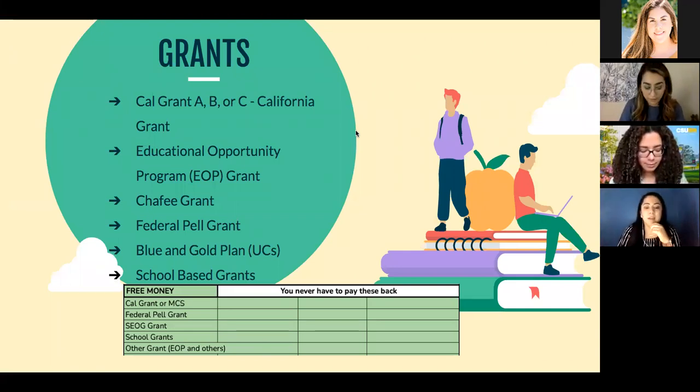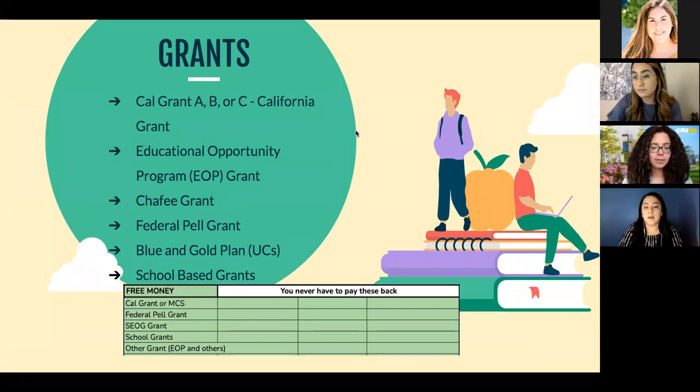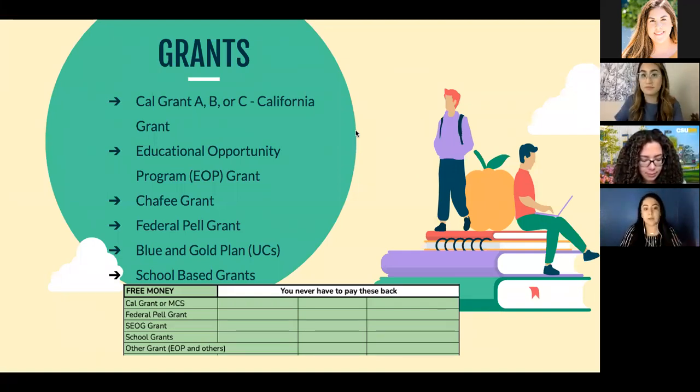Thank you, Diana. So we're going to go ahead and get started discussing a little bit more about what grants are. I think most of you at this point may have heard Cal Grant more so than any other grant. It's pretty familiar out there. With California grants, it's important to keep in consideration that you only get a Cal Grant if you go to a school in the state of California. So for anyone who's planning on going to a school out of state, you won't be eligible to receive the Cal Grant.